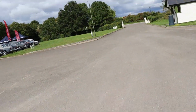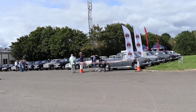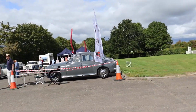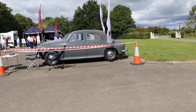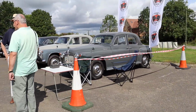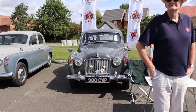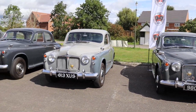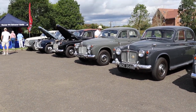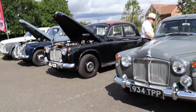We've got a lot of P4s. The main organisers of this event is the P4 Drivers Guild, and I've never seen so many P4s lined up, probably because I've never been to an event like this before, but we have got a load of Auntie Rovers. One of the King Queens was full up anyway, the other one, and all parked up. Got a couple of bonnets up here, so we'll have a little look